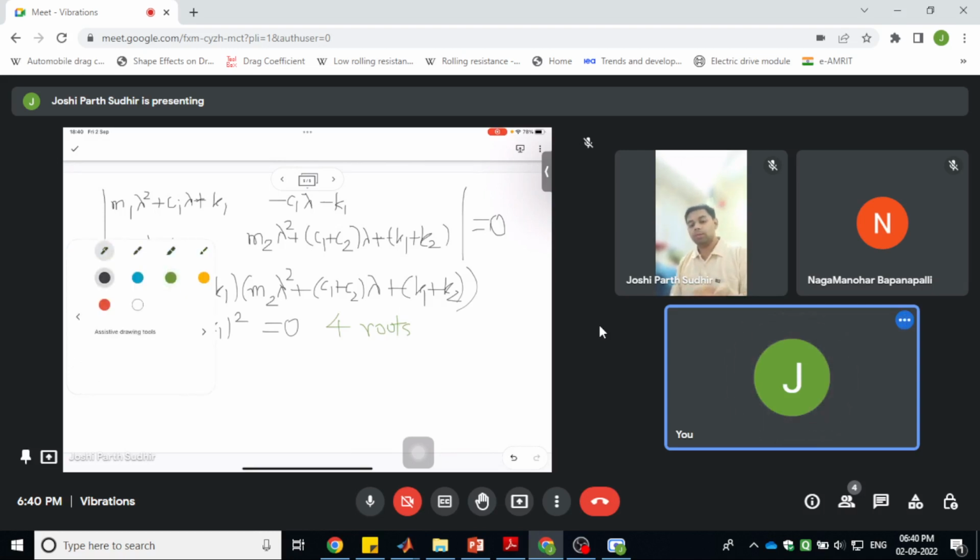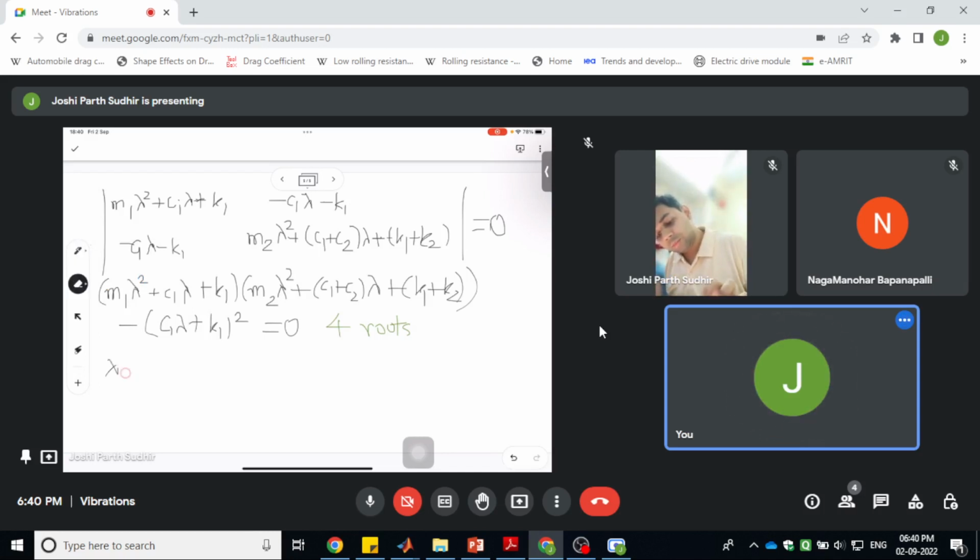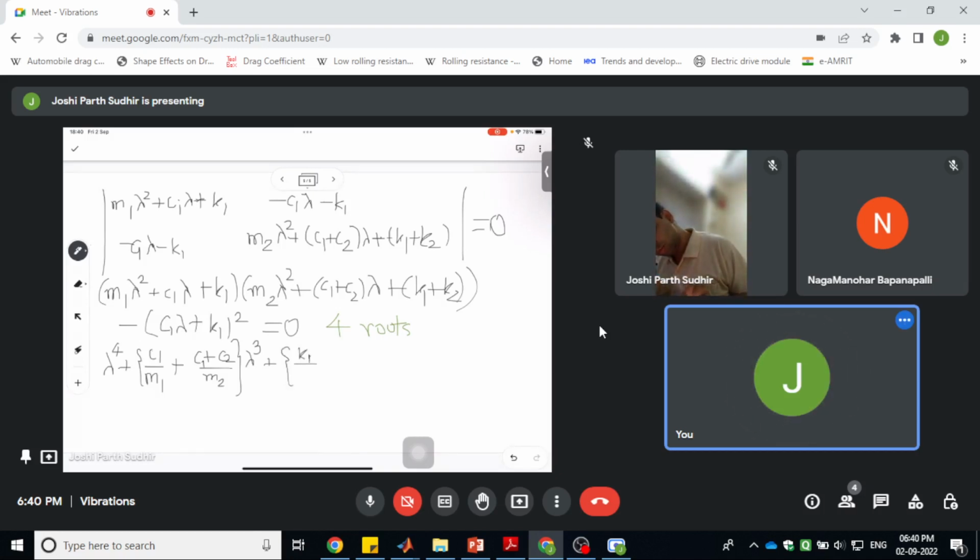So if we try to simplify this characteristic equation, after doing all the algebra of multiplying all these brackets, we will see an equation of the form lambda to the power 4 plus (c1 by m1 plus (c1 plus c2) by m2) into lambda to the power 3 plus (k1 by m1 plus (k1 plus k2) by m2